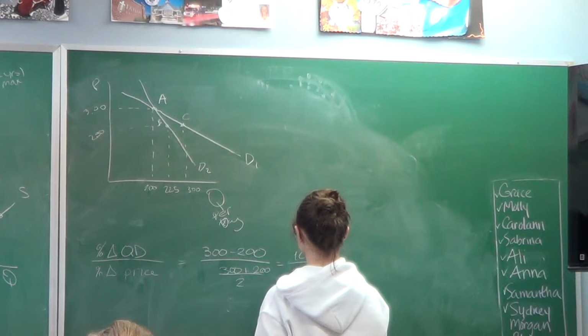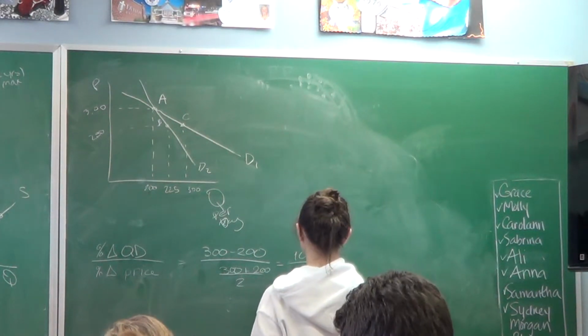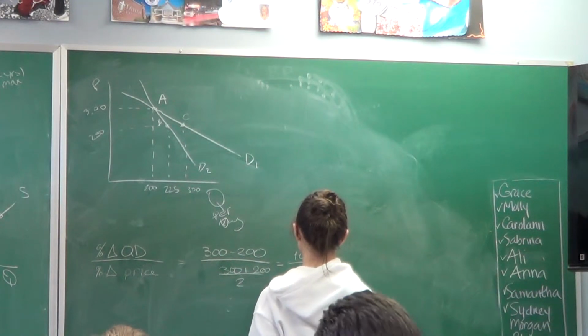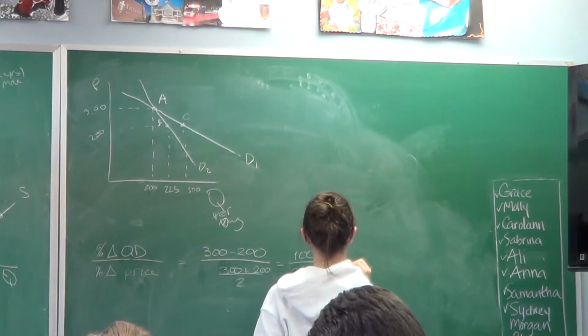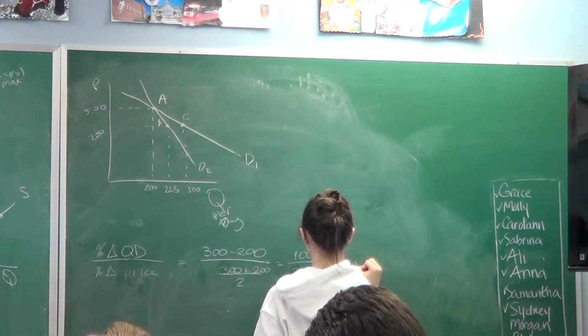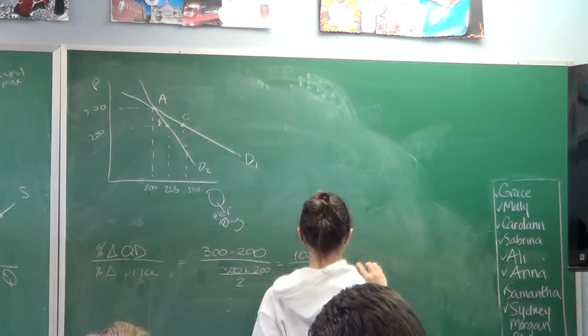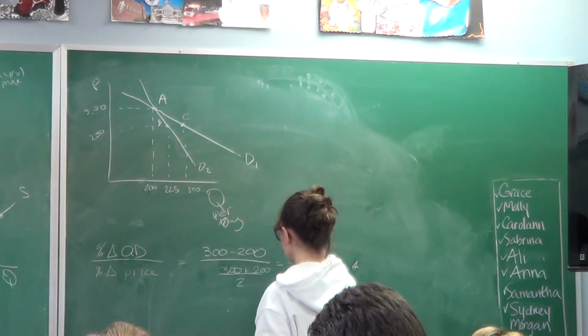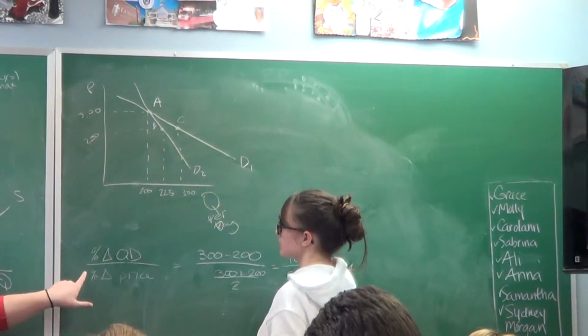Oh, don't worry, I got this. 100 divided by 250 is 0.4. So that makes sense. 0.4, yeah. Okay, just 0.4. Yep, okay. So we have the percent change in quantity demanded, now we need to find the percent